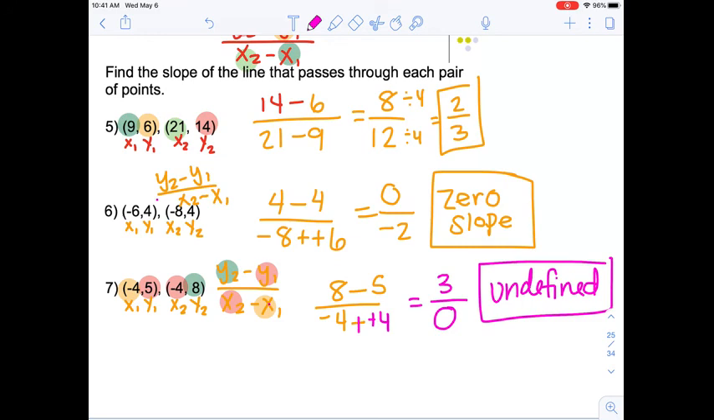So again, we use rise over run when we're given a graph. We use this formula when we're given 2 points. It's important for slope to be simplified and there's no labels. If there's a 0 on top,